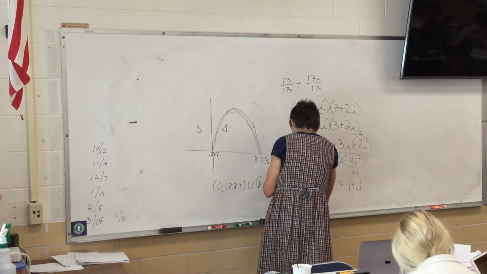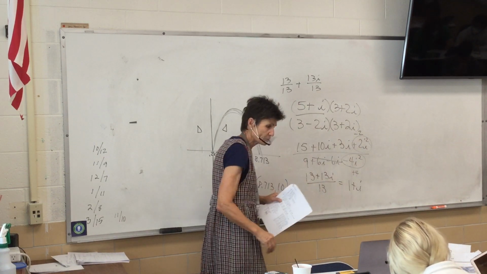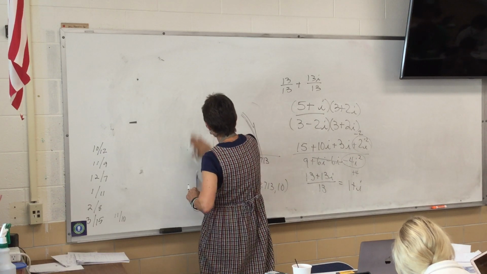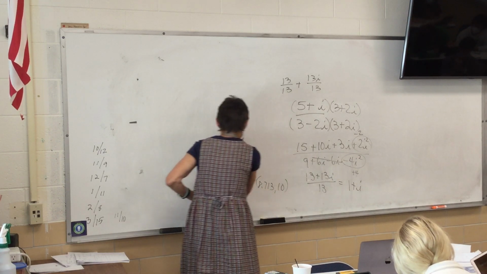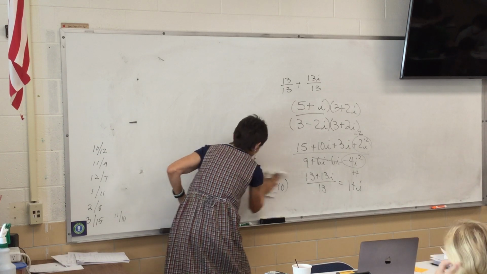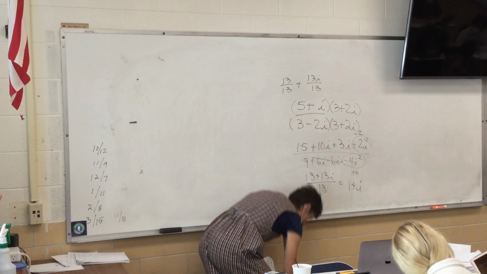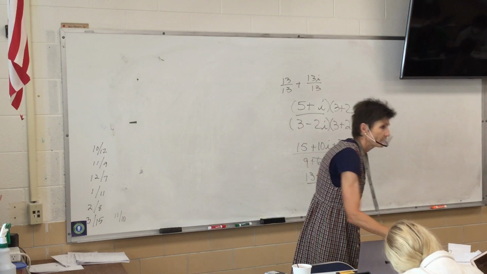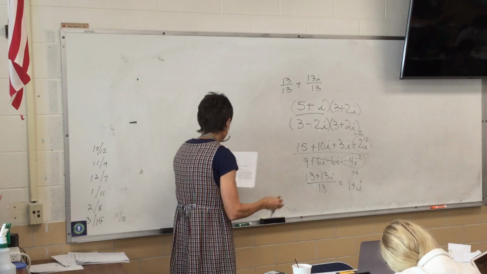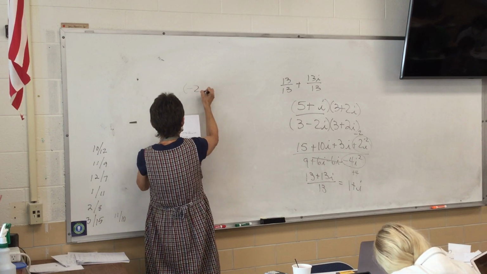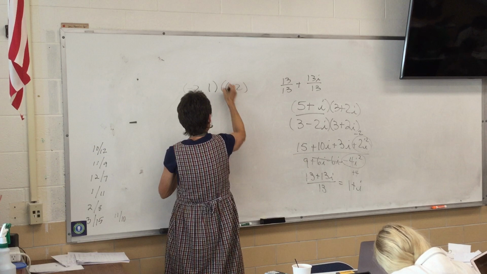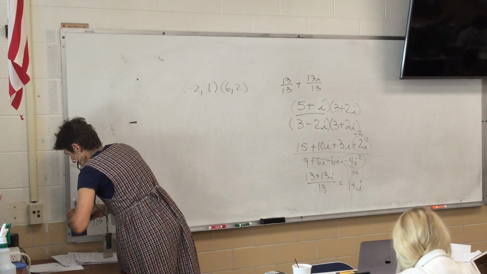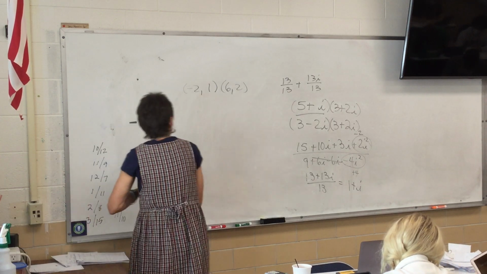Number 3, write the equation of the line through these 2 points. All right, you can do that. What do we have to do first? Find the slope. And how do we find the slope? y2 minus y1 over x2 minus x1. Yep. So for my 2 points, my slope is going to be